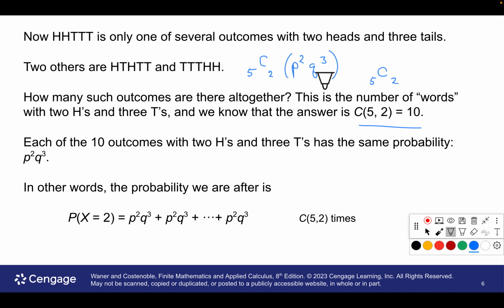Sometimes just give me the formula, I'll calculate it, and we'll trust it. But this is just to build understanding. Hopefully, after a while, you'll see, oh yeah, now I see what's going on. But for me, it always took a little practice. So that's, again, what they give us. We're going to calculate how many different ways it can happen times the probability of one of the things happening.